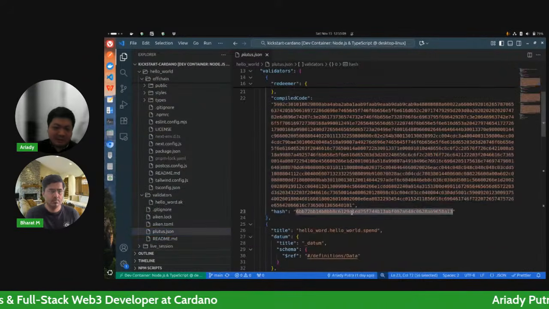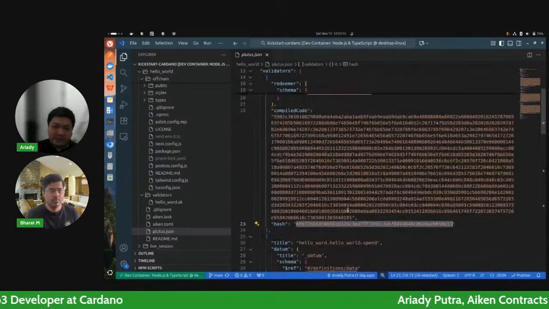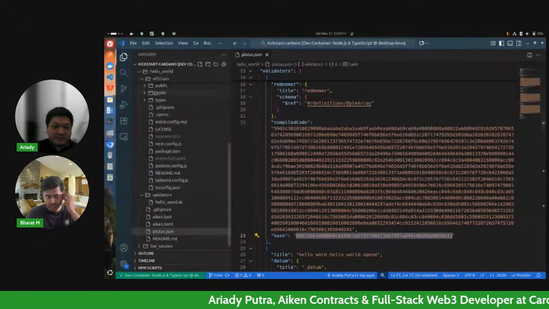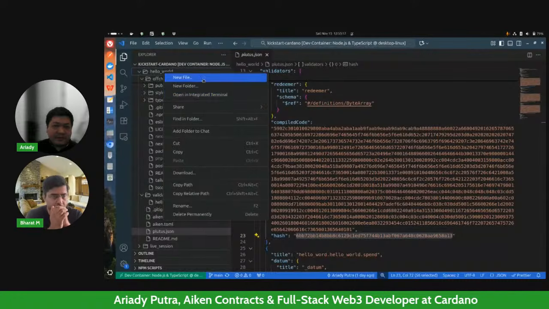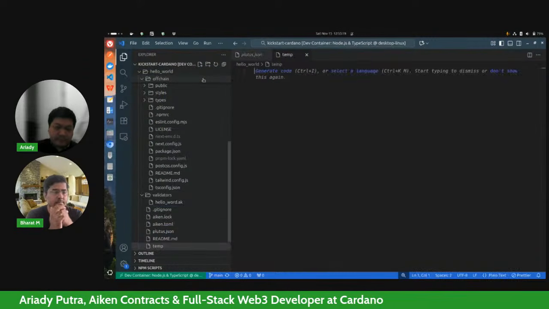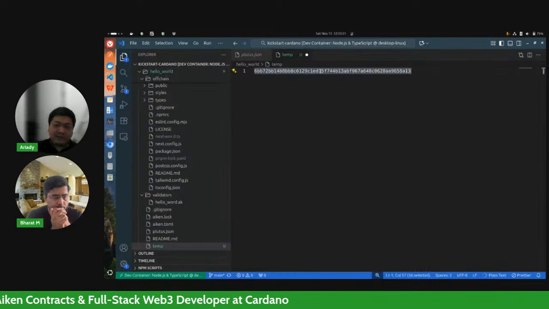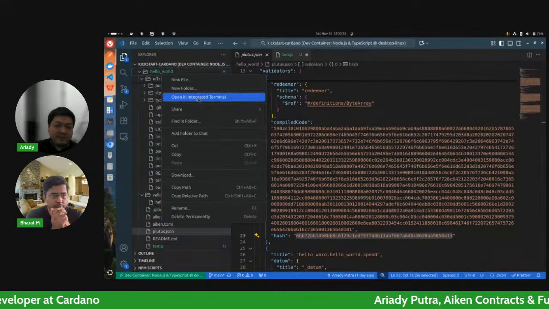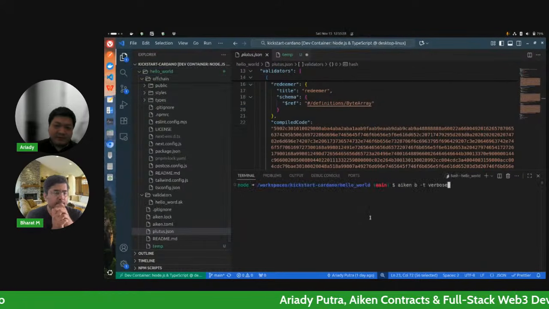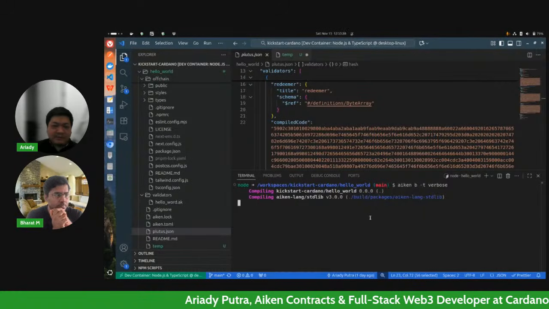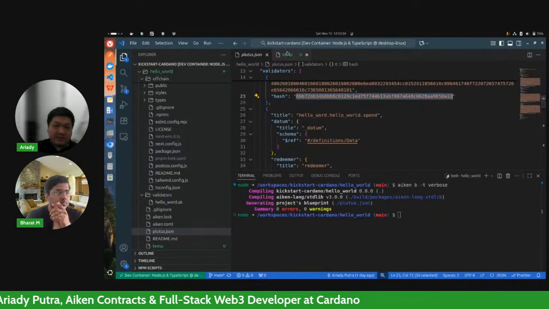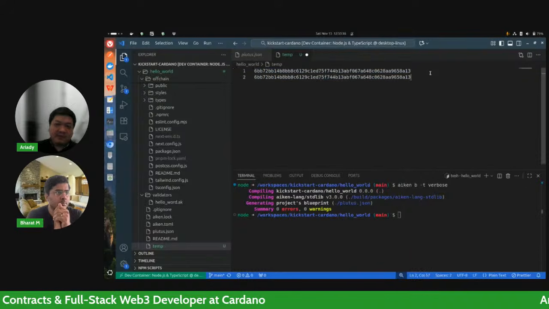So just to prove it to you, let me copy this script hash, and let's just create a new file to store the hash. So this is our current hash. And if we recompile, if we rebuild the script, nothing should change.